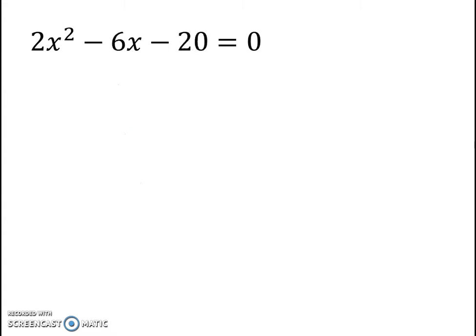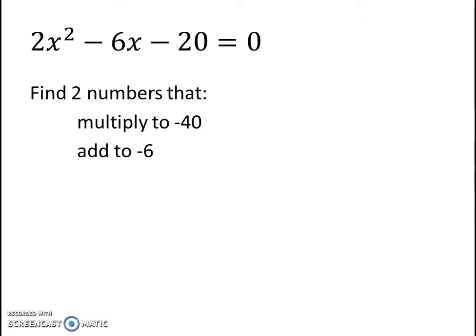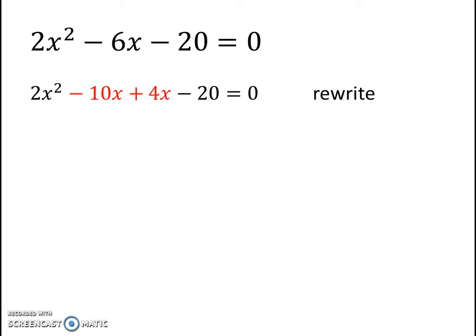This is part B. Feel free to just pause here or stop, do the work on your own. I'm going to upload the solution, but it's not going to be explained in as much detail as before. Two numbers that multiply to negative 40 and add to negative 6. If you forgot why it's negative 40, rewind a little bit and go back to the start of the previous problem. Negative 10 and 4 do the trick. We need to rewrite,